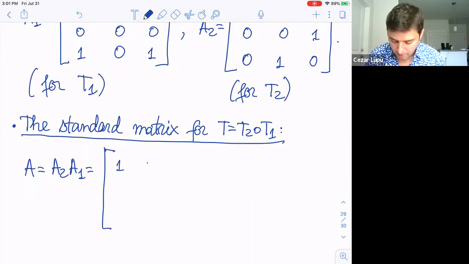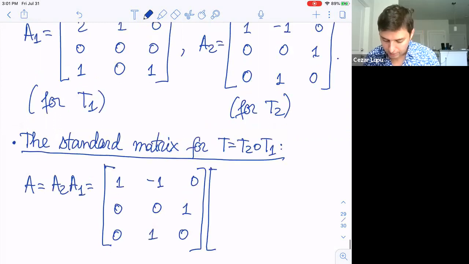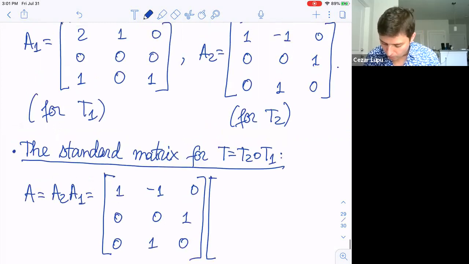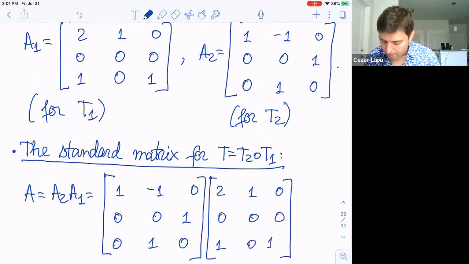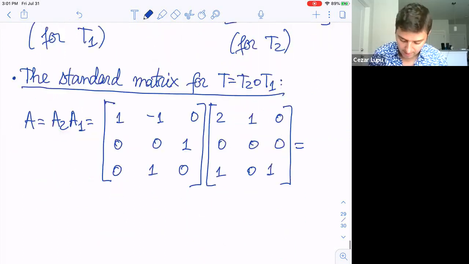So it will be 1, negative 1, 0, 0, 0, 1, 0, 1, 0. And this guy will be, so the second one is, no, it's the first one, sorry. 2, 1, 0, 0, 0, 0, 1, 0, 1. And now we have to multiply these two matrices, and this will give us,